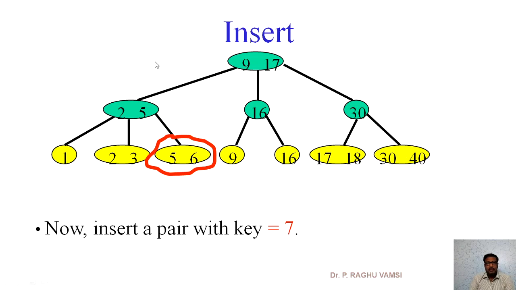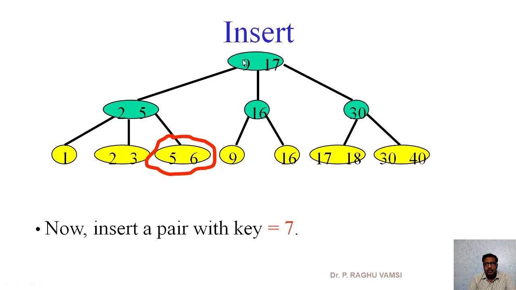So whenever 6 becomes the parent, this particular pair will be split, and the effect will be percolated to the parent, and as this particular 17 is split and inserted into the root, the entire adjustments have to be done. Now what happened, 7 will be percolated to the parent. So 2 5 7 will be there. So this will be further split. 5 will be placed here, 5 9 and 17. So this also will be split up.